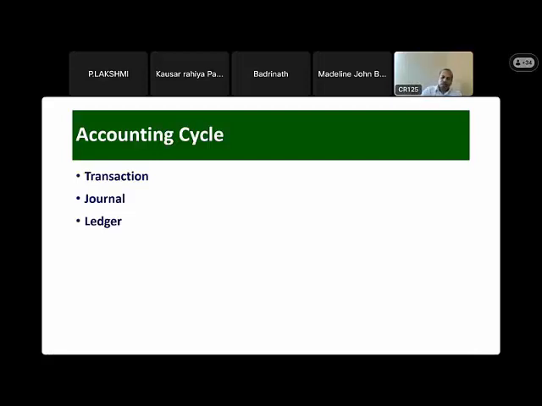Once your ledger is ready, then what do you have to do? You have to prepare a trial balance. That is the whole bit. Let us talk a little about what a trial balance is. In this process, we are actually in the midway, and the trial balance is an important statement. We call it a statement of all the ledger accounts to check the arithmetical accuracy. This trial balance will guide you whether you are in the right place or not.